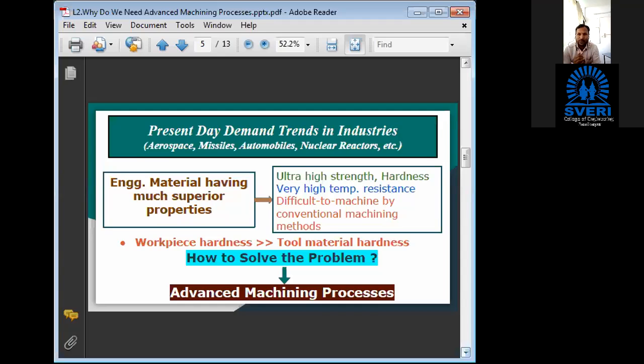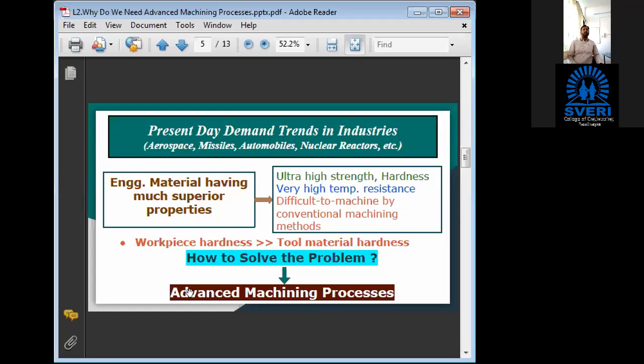And the name of the solution is advanced machining process. Advanced machining process. This is the second reason of why we need advanced machining. Or I will say that this is the answer number two about the question why to study this advanced machining. If you study this advanced machining or this non-conventional machining subject, then